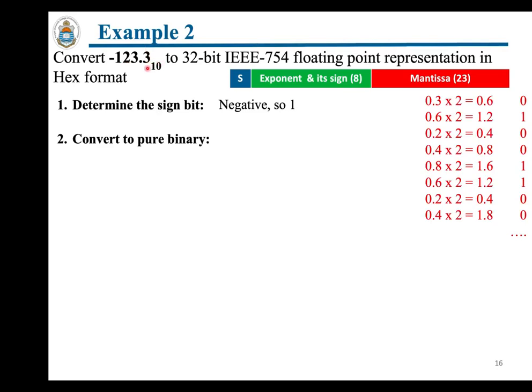But for this 0.3, once again let me say that to convert the fractional part 0.3, we repeatedly multiply it by 2 and read this sequence of bits from top to bottom. And note the recurring sequence of this 0011 0011. This is a non-terminating sequence. So I have represented it over here like this. You can note this 123 is represented over here, and this 0.3 is represented over here, and once again this is a recurring sequence.